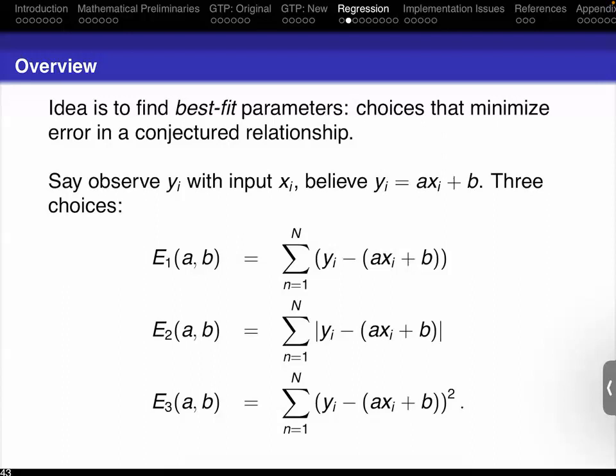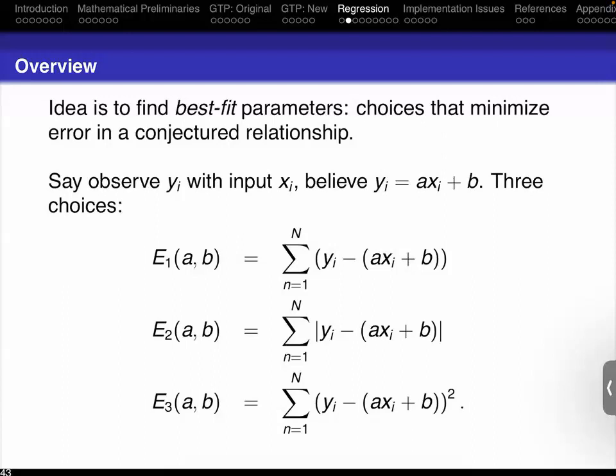Yeah, the line going through them. But I could actually draw the line from the top left going to the bottom right, and the 2 arrows would perfectly cancel. And so if we don't have non-negative quantities, we are in a situation where positive errors and negative errors can cancel. So the first is a terrible measure of error. So it's down to either absolute values or squares.